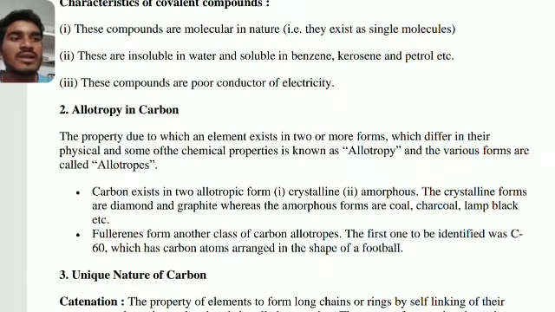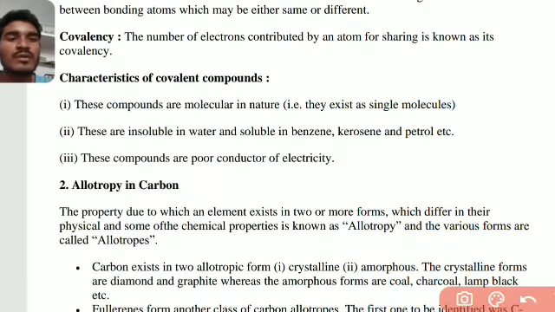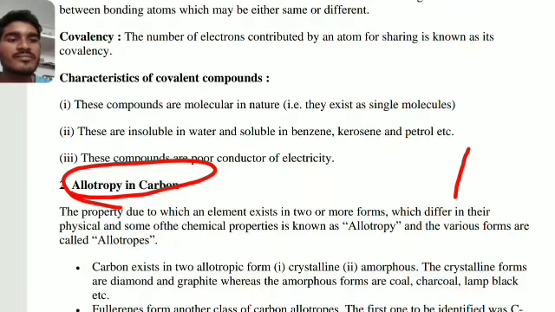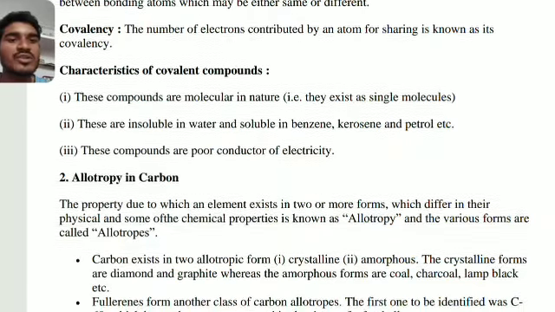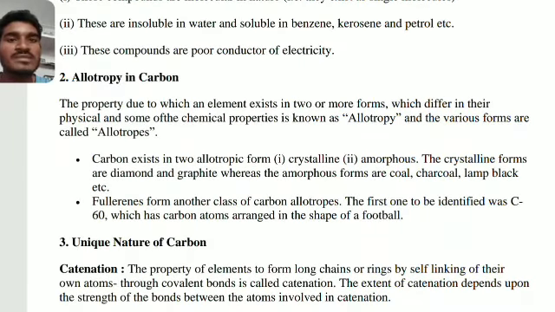Now we see the allotropy of carbon. What is meant by allotropy? For example, we take one atom. The atom can exist in two forms, that may be a solid and another state, so that may be the crystalline state and the amorphous state. Carbon exists in allotropic forms. So it may be diamond and graphite. Okay, those we call allotropes. Atoms which can exist in two forms, we call allotropy.